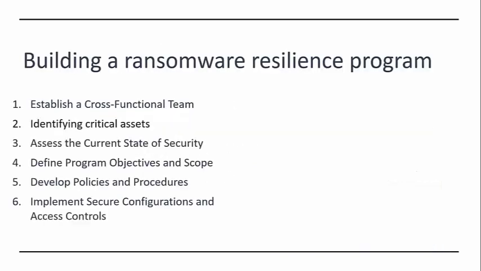When we're talking about building a ransomware resilience program, it is tactical in nature. We have a step-by-step process. The first step is to establish a cross-functional team. We need to form a dedicated cross-functional team comprising IT, security, legal, operations and management, because if any attack happens tomorrow, these departments will each have their own perspective on handling the issue. We need to make sure the team has the necessary skills, expertise and authority to implement and manage the